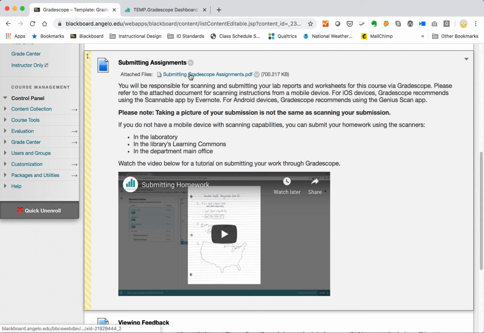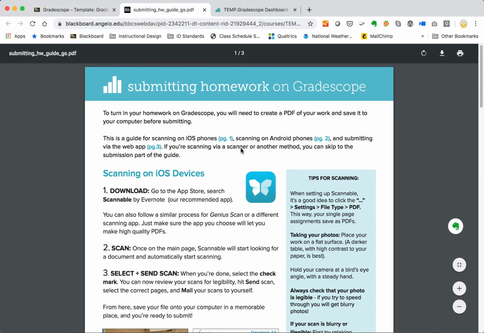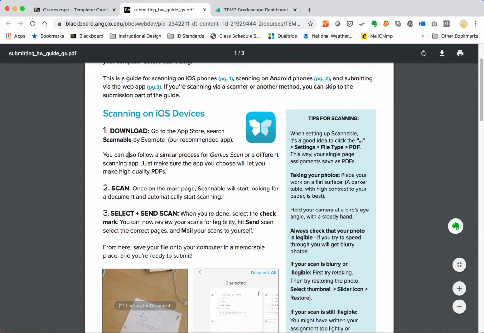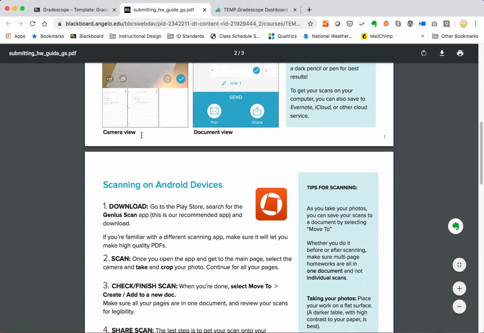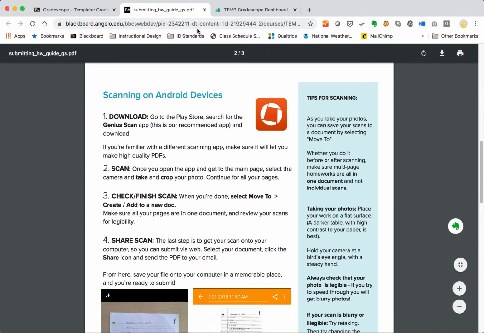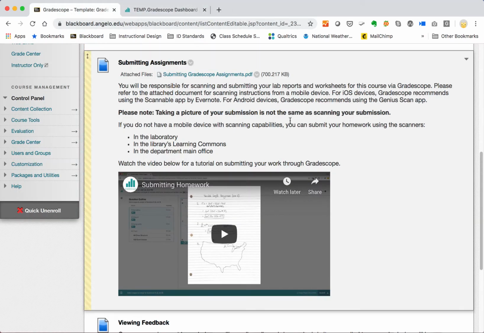We've got this great attachment here that I'll show you really quick about submitting homework on Gradescope that talks about the recommended apps both for iOS and Android devices. So that is really helpful. And there's also this video about submitting homework. I also chose to put in bold right here that taking a picture of your submission is not the same